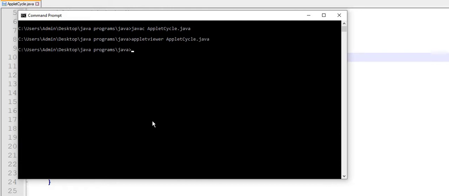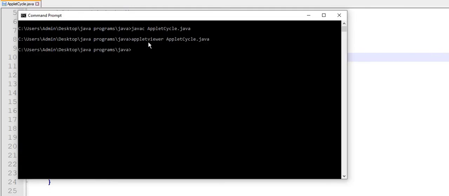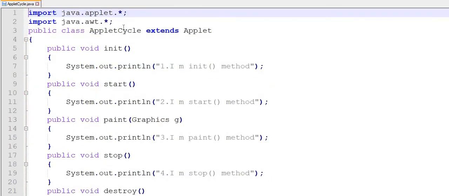And there is also one more method. Guys, always keep in mind, these things will happen to you if you forget to load the .class file of the applet class.